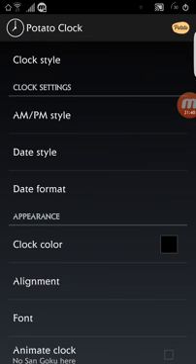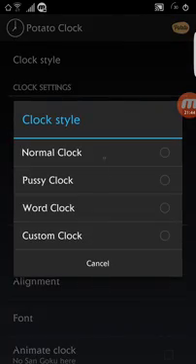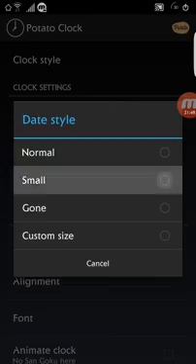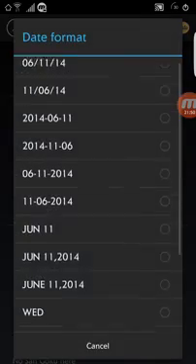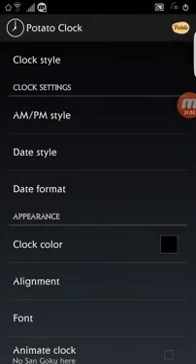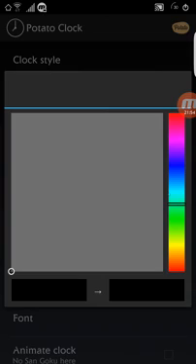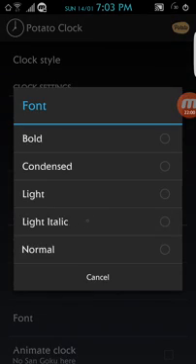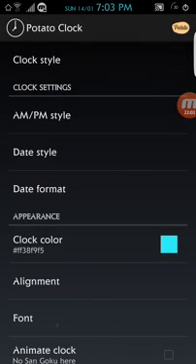So right now on your system bar, you don't have any clock. You can set up the clock. You go to normal clock, you want it small, date and time small, format, I like this color, you might like a light color like this, center, which I like, and font, I'll leave it normal. So when you leave it normal, it basically